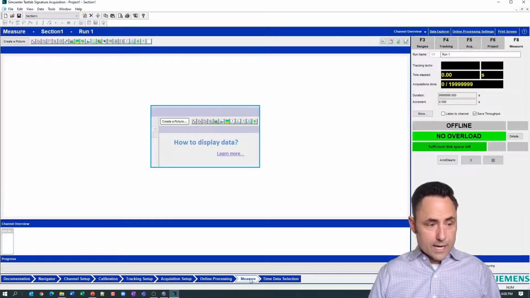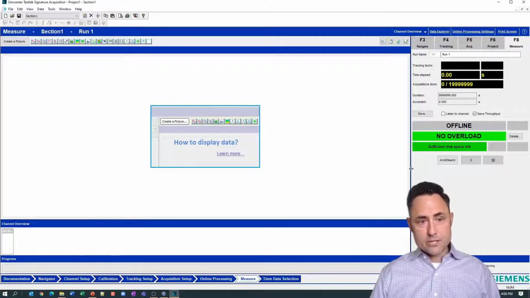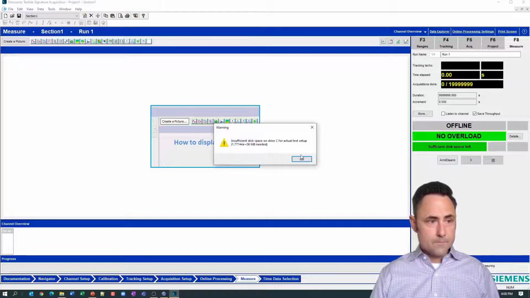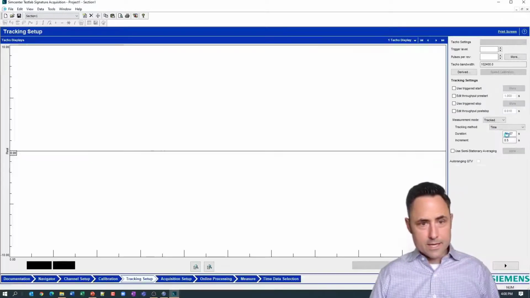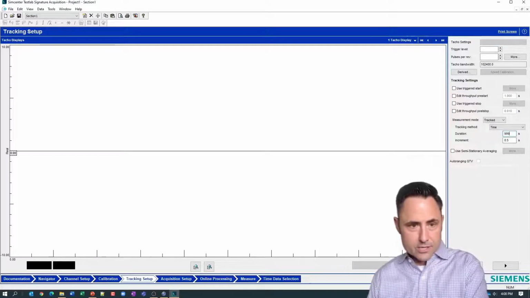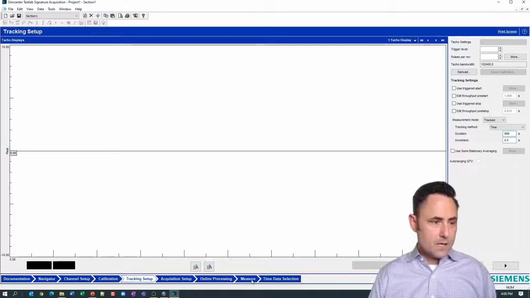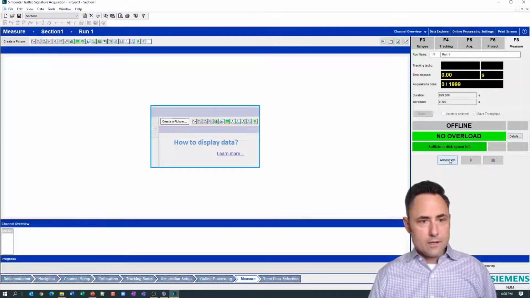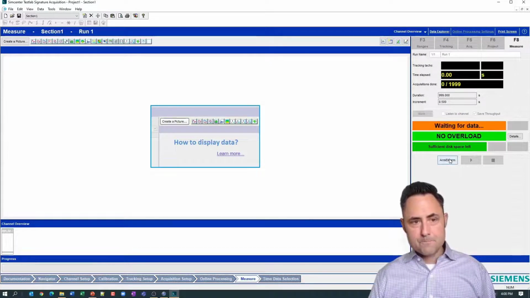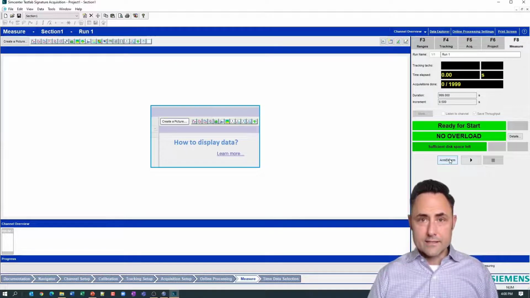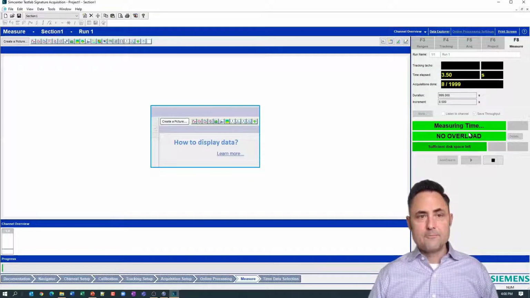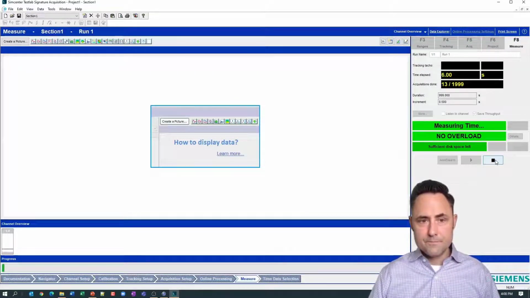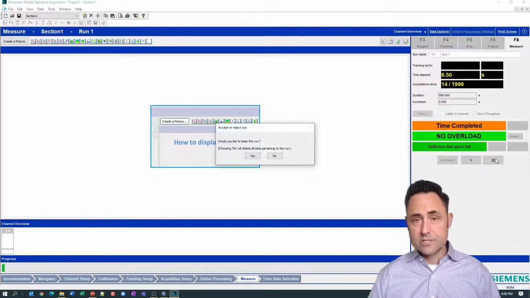Okay, and then when I go to actually take data, I would go over to this measure screen. I would hit ARM. It didn't like that many seconds, so I'm just going to go 999. I'm going to arm this, and I'd be ready to take data. Okay, and when I'm ready to go, I hit start, and it's acquiring the data. It tells me it's measuring it. I take my data until I'm done, and I can hit stop.